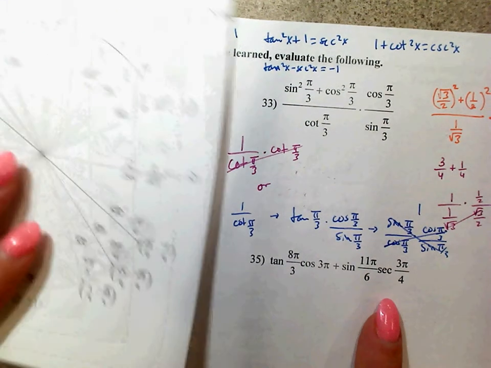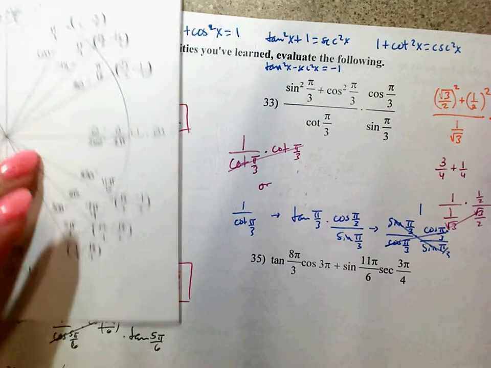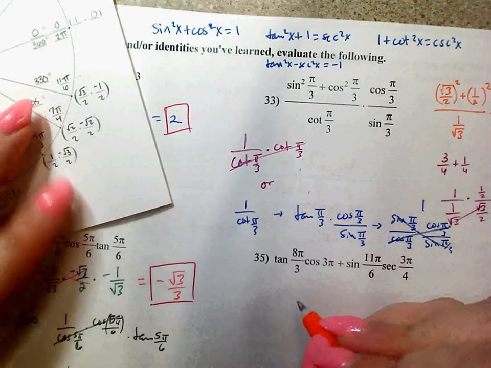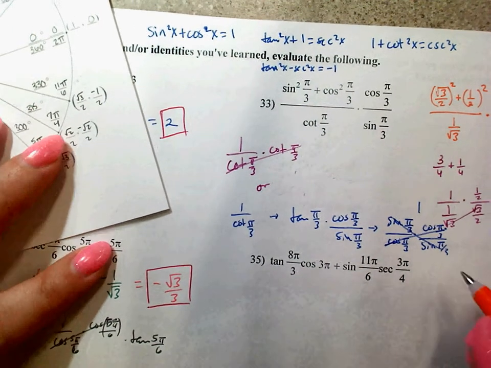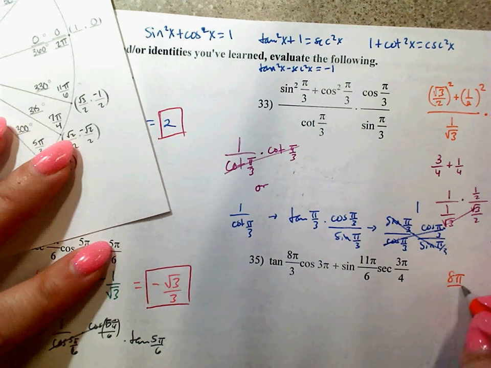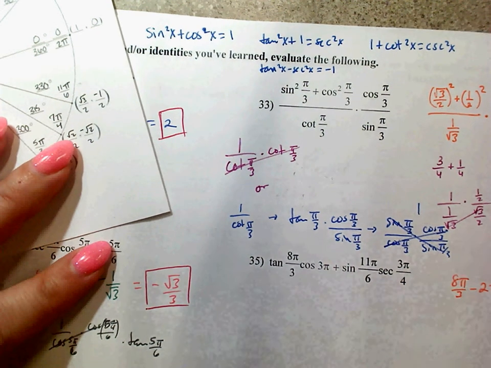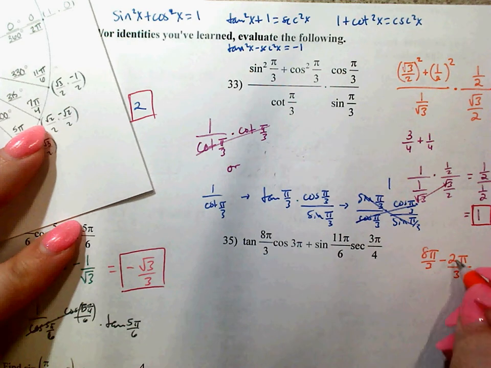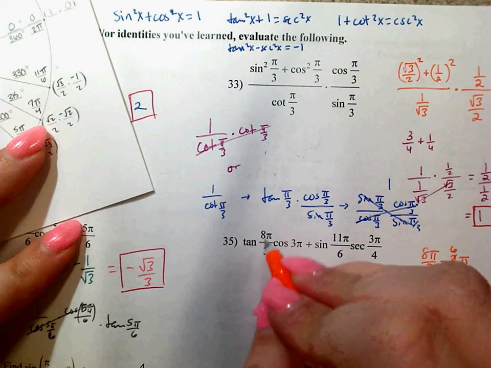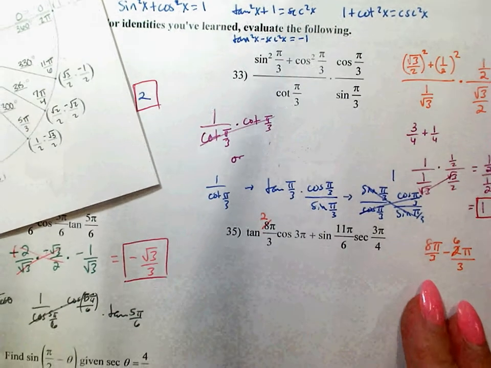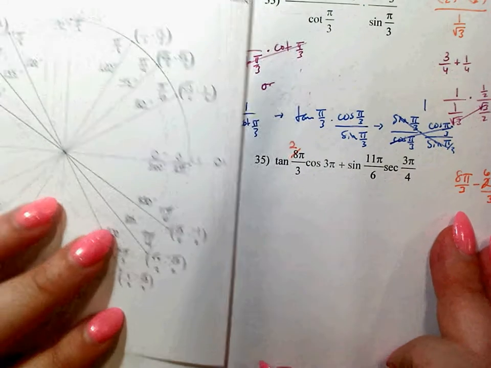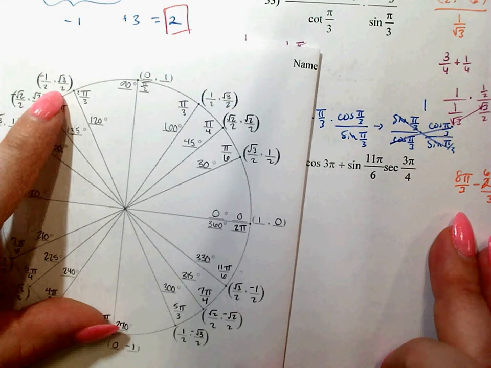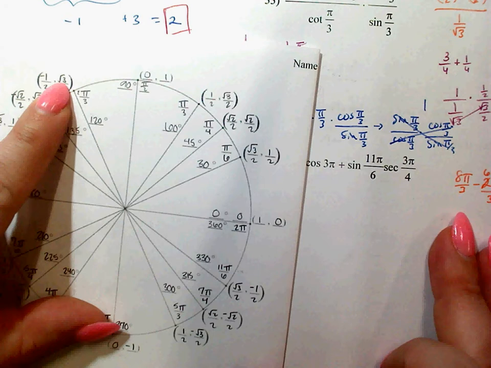Okay, 8 pi over 3 is outside of one rotation, which means I need to subtract one rotation. So, I'm going to take 8 pi over 3 and subtract 2 pi. 2 pi is the same thing as 6 pi over 3, so that's 2 pi over 3. So that might as well be tangent of 2 pi over 3. Alright, 2/3 pi is right here. Tangent is sine over cosine. So that's square root of 3 over negative 1, or negative square root of 3,